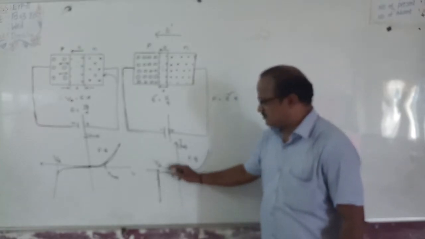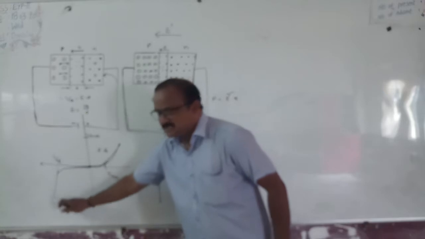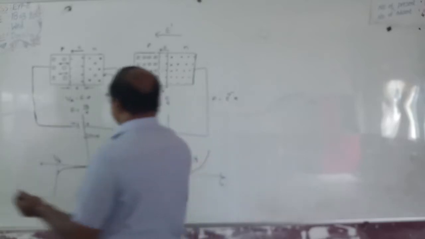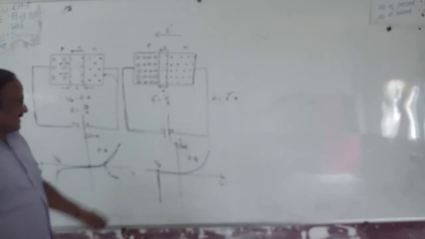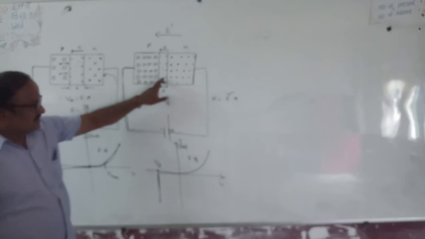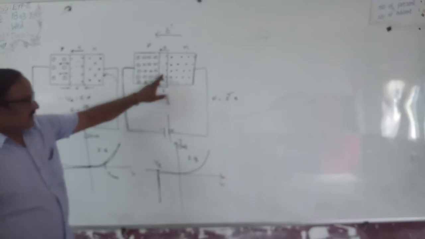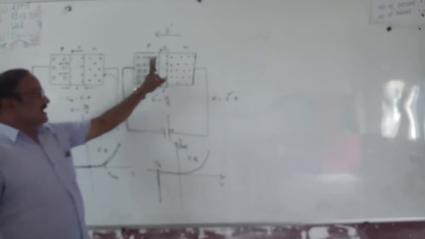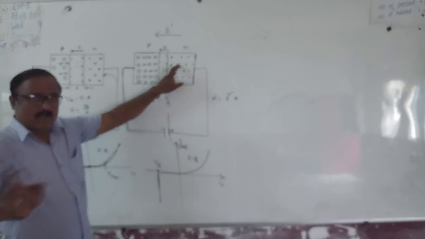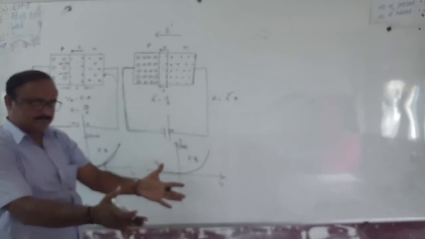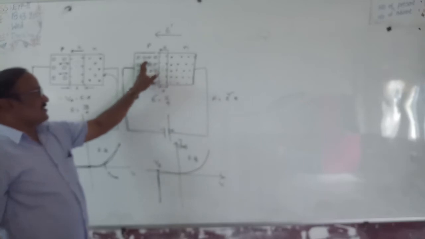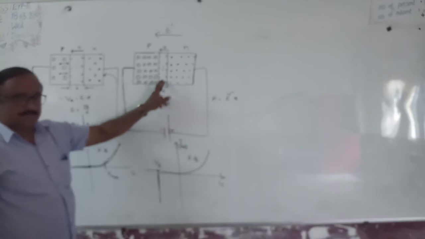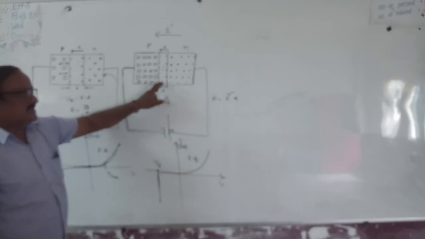So this type of breaking is known as the Zener breakdown, and this one is known as avalanche breakdown. Okay now, there is one important point. Once again, all the covalent bonds are broken within this neutral region. Electrons and holes are derived. These electrons and holes can move from n to p side or p to n side. Once again, they cannot break the covalent bonds within the depletion area. They can only move into the p-type or the n-type region. They cannot be involved in further breaking of covalent bonds within the depletion area.